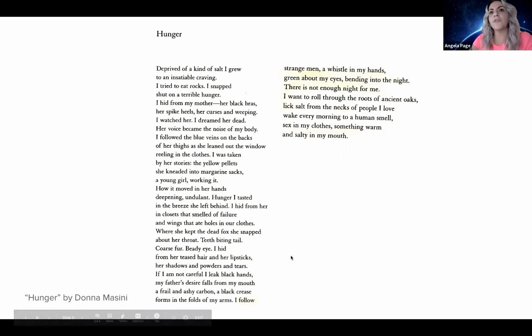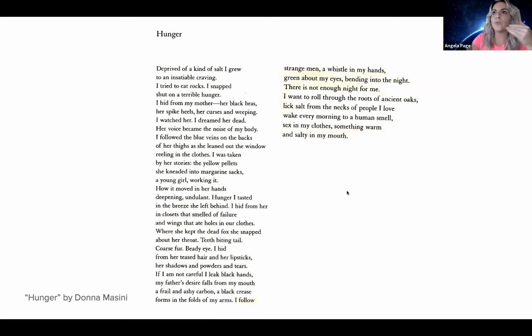And juxtaposition, if we had to see a contrast, I think here we might see a large contrast at the end, that, you know, the rest of it being about her as it relates to her mother, and then mom is gone at the end, and we see the speaker herself at the end here, starting with "if I am not careful," this part all the way through to the end. So really there's a juxtaposition of mother against daughter, the contrast of these two things, and who these two people are. So now that brings us to assonance and consonance.